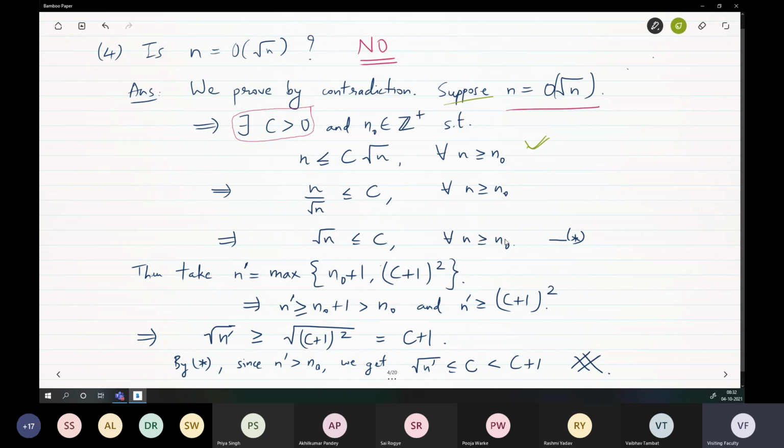All right. So now there could be many ways of doing this. You could try other ways also. One way is the following. Square root n is anyway a positive number, so I can always divide by it. So I just divide throughout by square root n. So n by square root n is square root n, and the right side is c. That's what we get. Therefore, what this says is for all n greater than or equal to n naught, square root n is less than or equal to c. Up to here, this is fine.